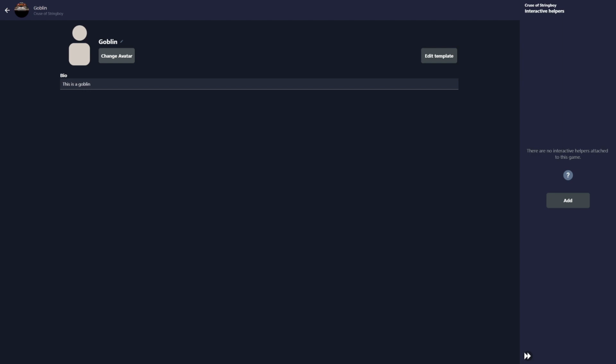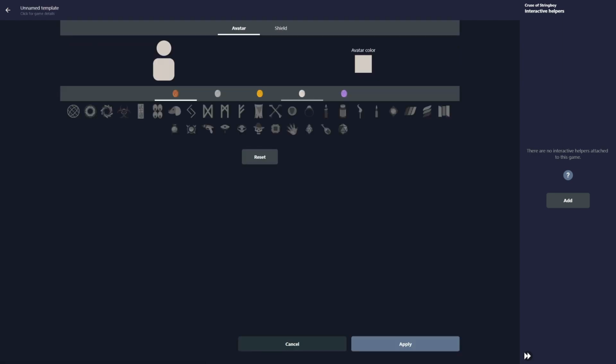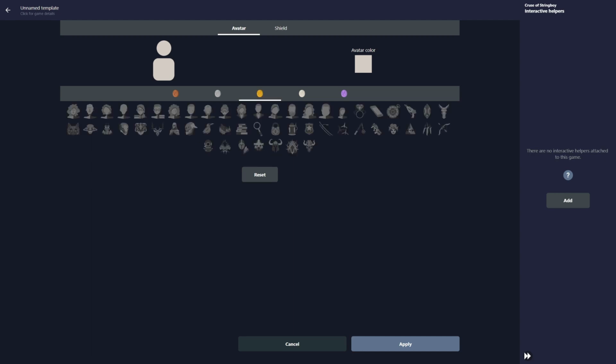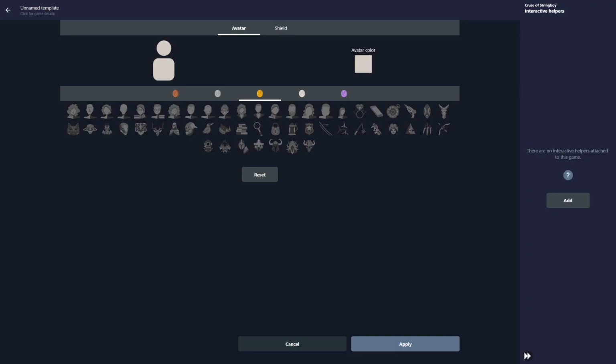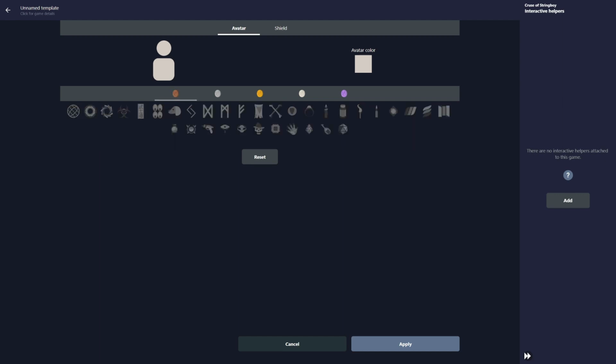If you pay a subscription or someone in your game has a legendary level to grant you these, you can actually change the tokens. So as a GM, I would highly recommend at least gold level if you can afford it, just because it gives you more tokens and more icons to choose from. So this is a goblin one. Now on this account, I don't have gold. I do have it on my main one. Just keep in mind, if I had a gold, I could pick the goblin, but because I don't have it, I can't. And I can't even pick